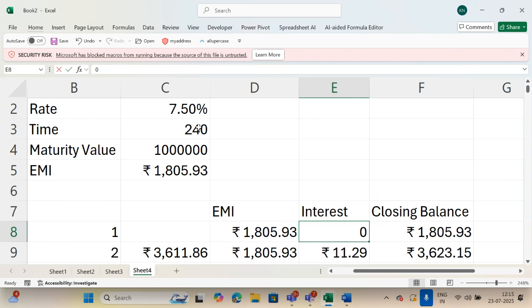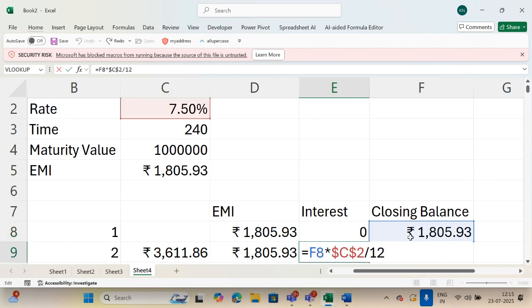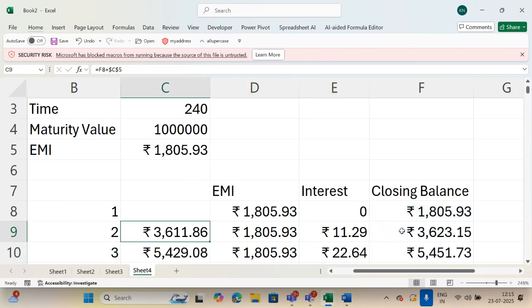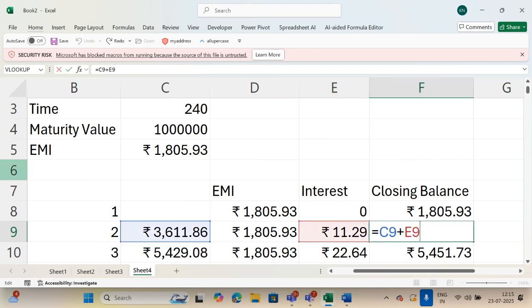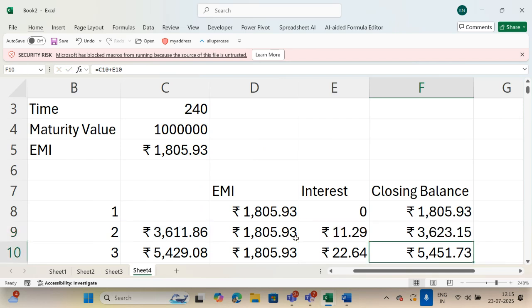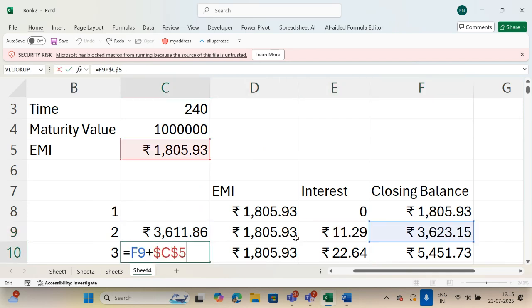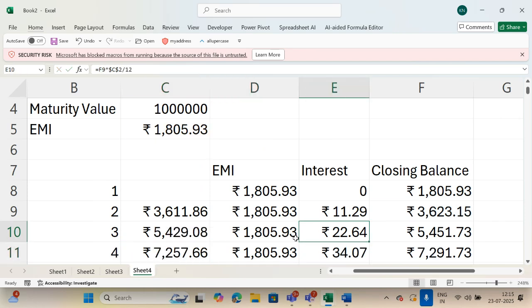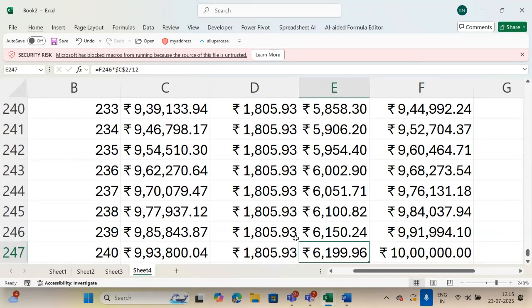In the first month, zero interest will be there. But in the second month, the interest will be on this amount, because the first month's deposit is there. Now, how do I calculate the opening balance? See, first month's deposit plus second month's EMI. Then this is the interest. Then the total principal will be opening plus interest. Then again the closing balance plus one EMI. I calculate every month's interest like this, and this gives me the calculation of the complete 10 lakh rupees.